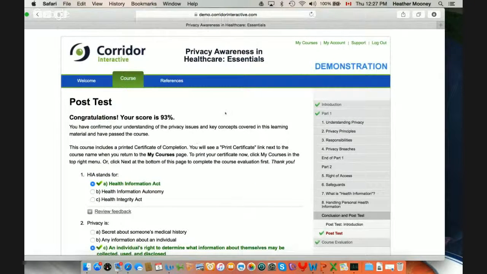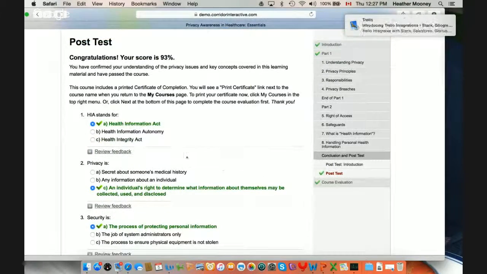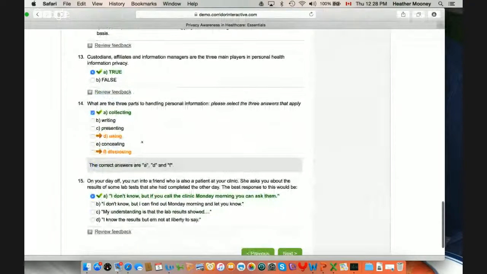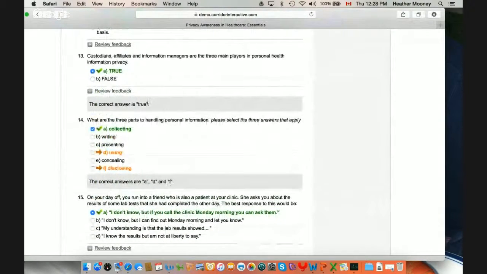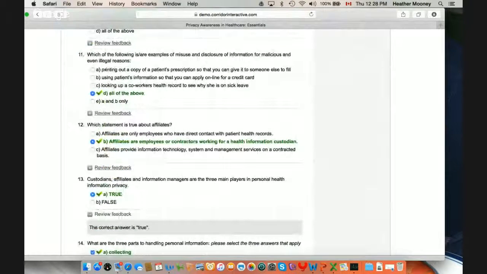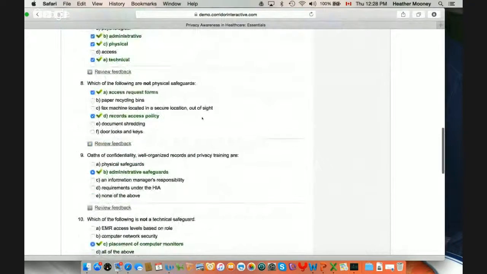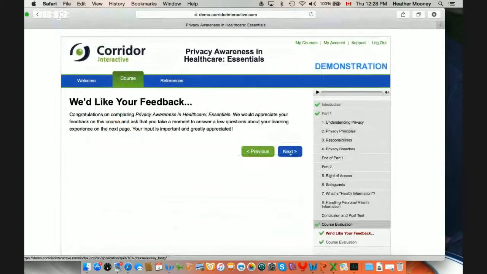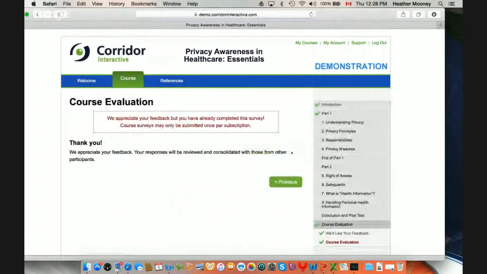So as I submit my final exam, great news, I've received 93%. And it tells me in detail here that when I go back into my courses page, I'm going to have the opportunity to print my certificate. One of the things about the course itself as well is that in the examples, you have feedback that is provided with additional information of why all of the above is the correct answer, as an example. So once the person goes through, the next thing is we provide a survey of sorts,